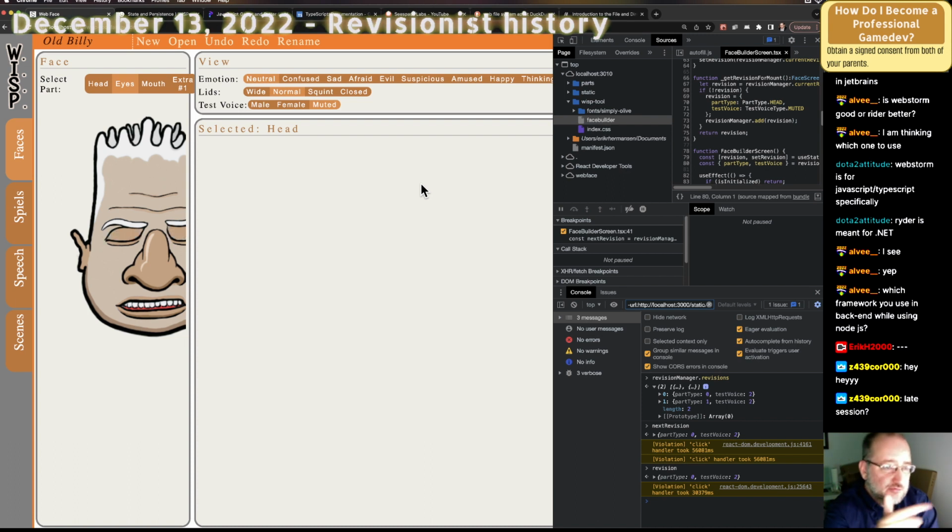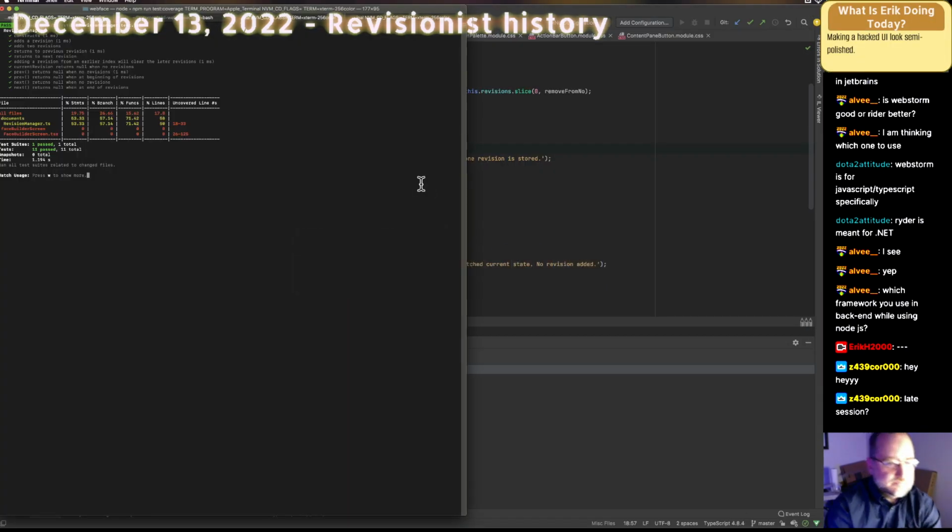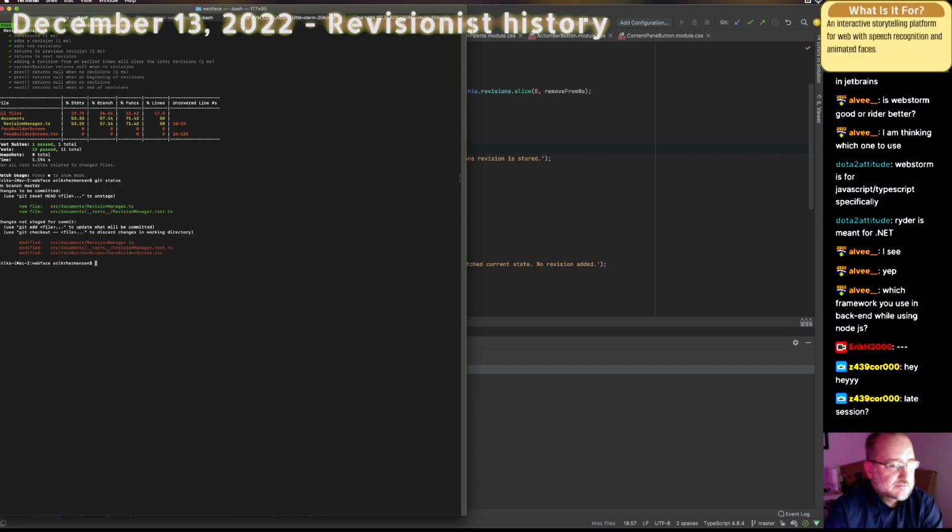I do have undo working, it's just not hooked up to these selectors. I might go a little bit long, but I think I can fix it. Before I make these quick changes that I may have to revert, let's do